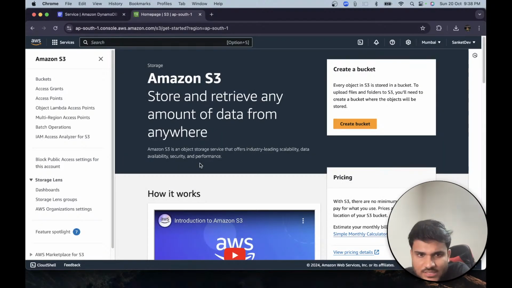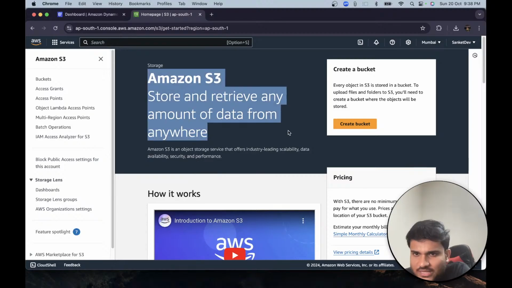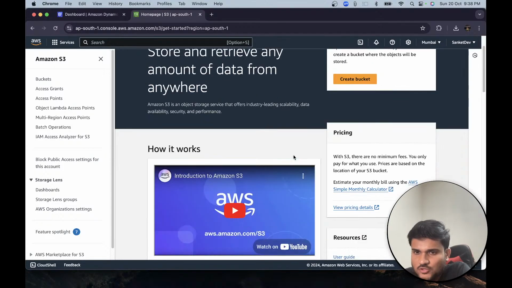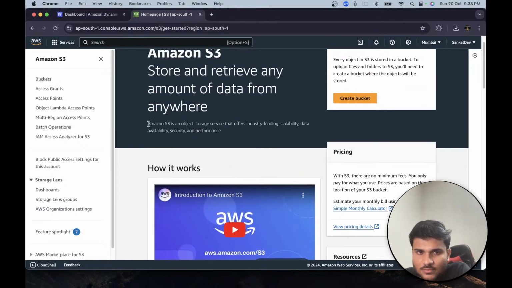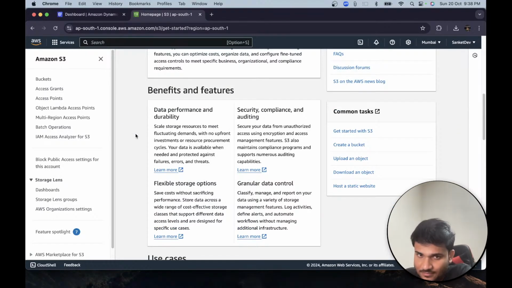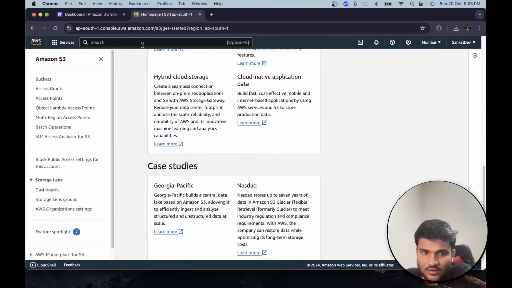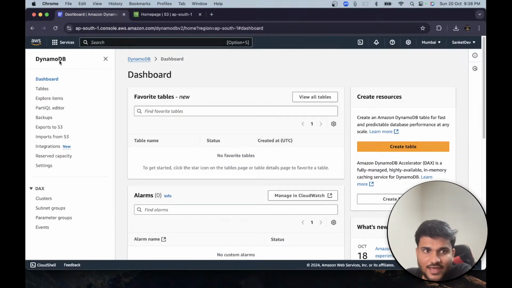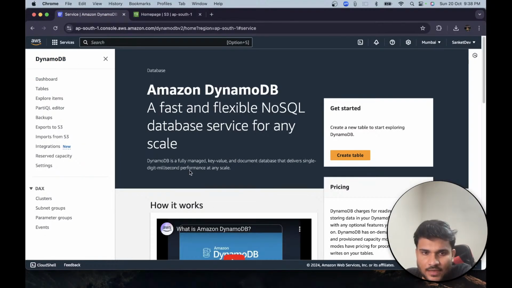You can see they sell Amazon S3 as highly scalable. Amazon S3 is an object storage service that offers industry-leading scalability, data availability, security, and performance. Data availability means that if you're storing your data on S3 and you want to fetch it very regularly, you are looking at a very highly available system. And if you see DynamoDB,